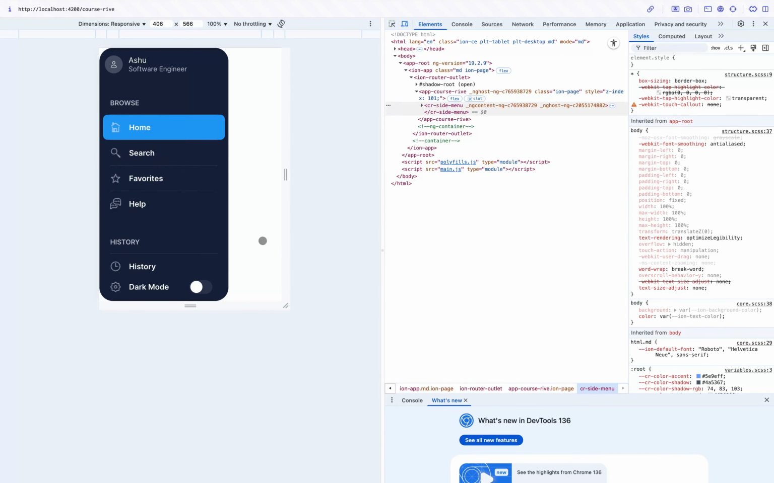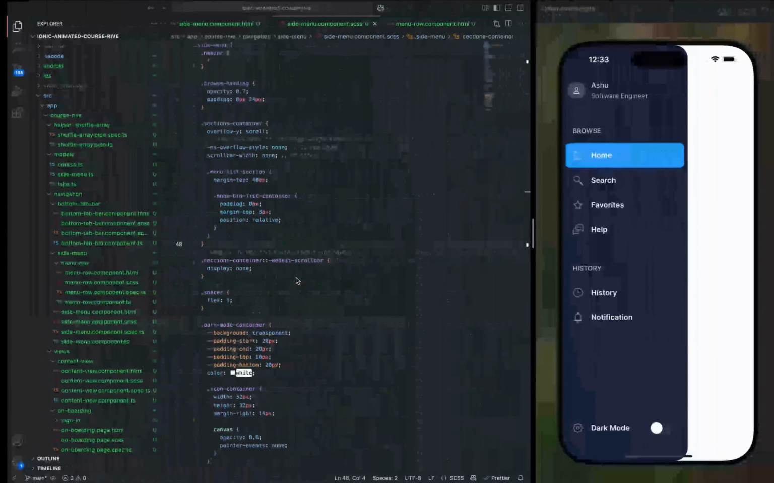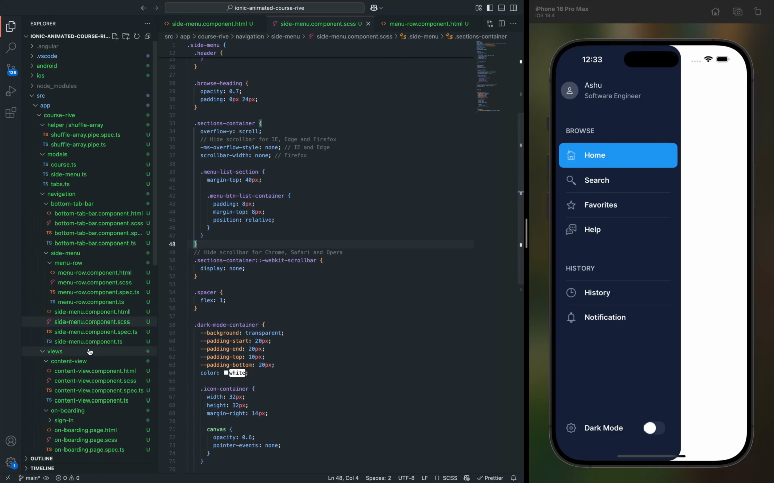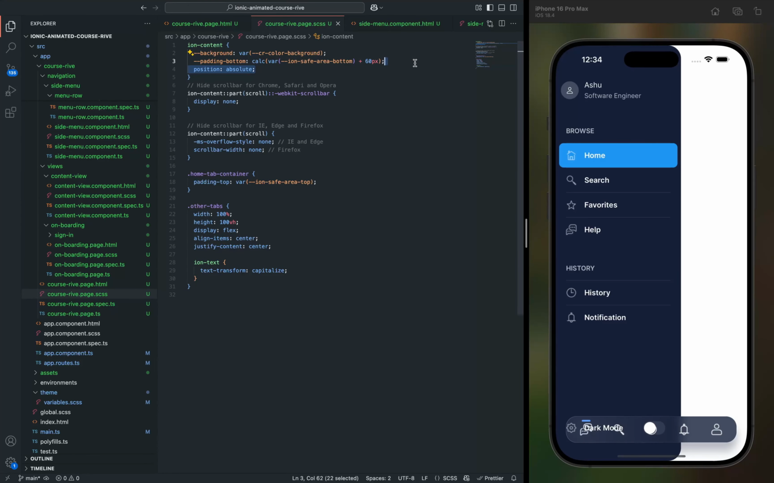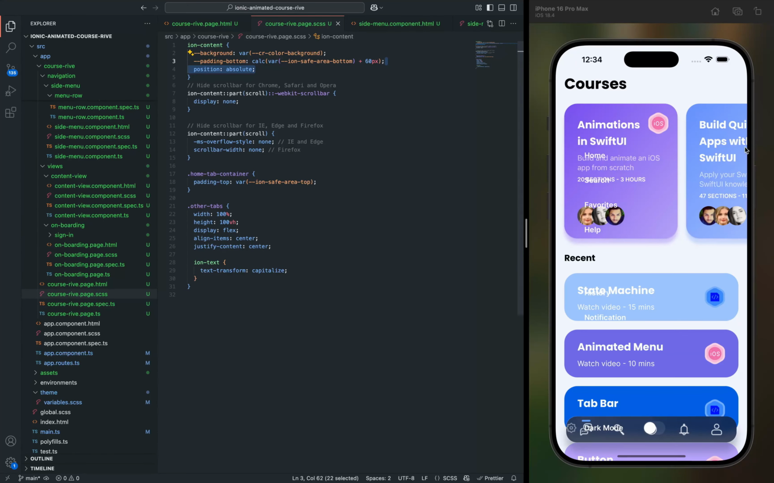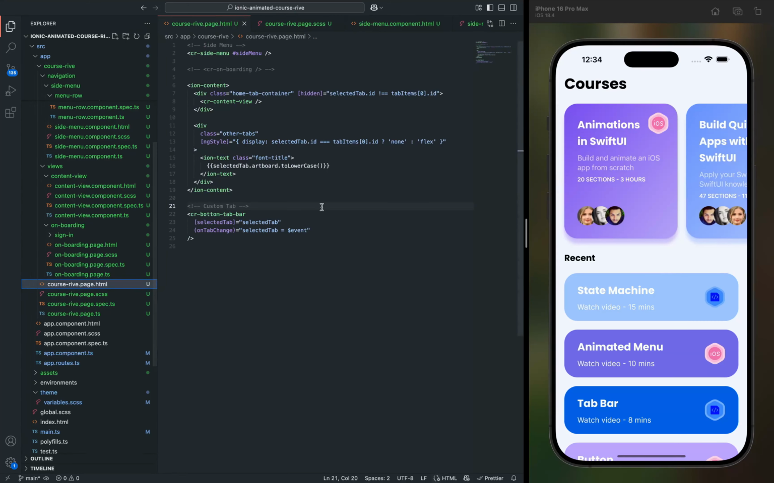Next, let's bring everything together, integrating the sidebar with all the other modules we have built so far: the onboarding flow, bottom tabs, and home screen. First, go back to the root course Rive component and uncomment the main content and bottom tab bar. You'll see that the sidebar now overlaps the home screen, so we need to fix that. Set position absolute on the content, but you'll notice the text and icons are still showing above. So we'll also assign a z-index to the content container. Now, to ensure that the bottom tab bar appears on the top, assign it a higher z-index, for example